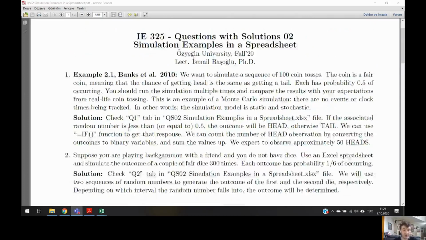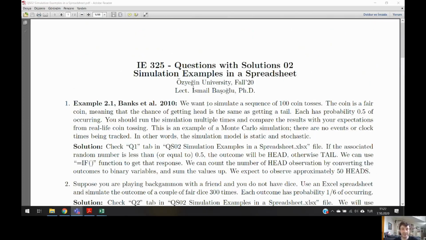We are going to use these functions that we have learned. And here we have a small size example. It says we want to simulate a sequence of 100 coin tosses. So imagine we are going to perform 100 coin tosses, but it is just going to take so much time